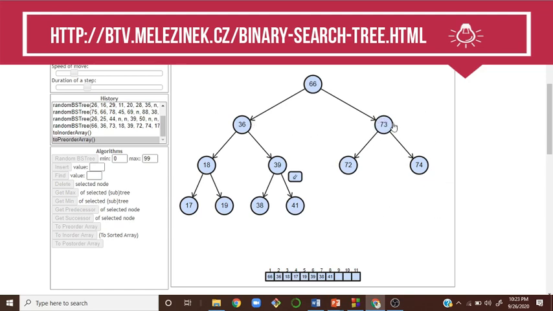In the right side, we have 73 as a parent. So 73 will be printed, and then left side 72, and finally 74. It goes back to the root 66 and comes to the right side. 73 is the parent, that will be printed, and comes to the left side. 72 is the left subtree, and again it comes to the right side. We have 74, and finally it will come back and settle to the root node.